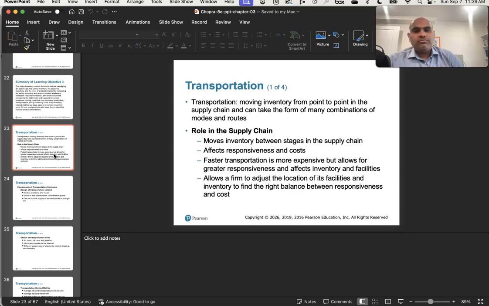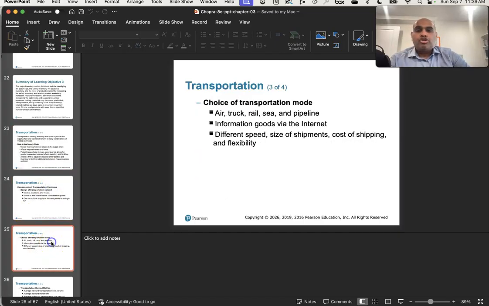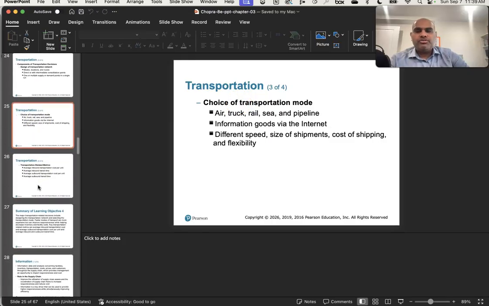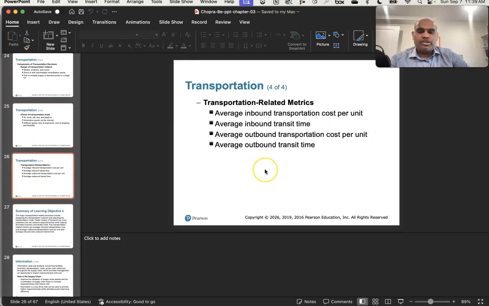Of course, transportation, very, very important. It's how things move within a supply chain. And choice of transportation is also very important. Exactly what kind of transportation you're using. But the important metrics in transportation are transportation cost per unit, the inbound transportation time, outbound transportation cost per unit, and outbound transit time. So what we will do for some of the analytical methods that we